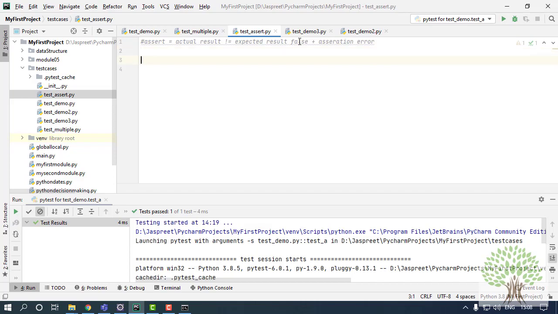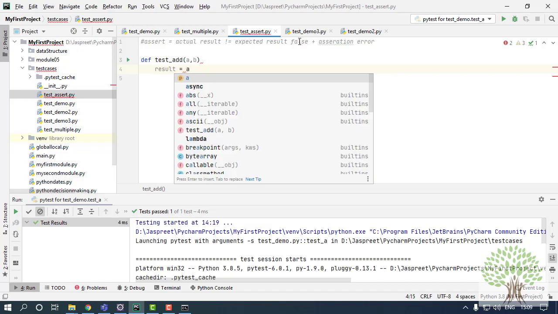I'll show you. I'll create a function, let's say def add. To this add test case, sorry, it should be a test case, test_add. To this I'll pass two parameters, a comma b, and I'll say result is equal to a plus b.